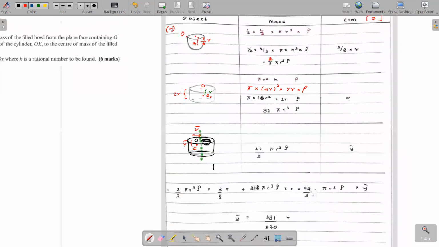All right, guys. So this is sigma mi yi equals total mass into y bar. So minus 2 over 3 pi r cubed. The reason for the minus here is because we are removing this hemisphere. Guys, you can change the order. Over here we have changed the order. You can first write the cylinder and then subtract the hemisphere, or else, as I have, first write the subtraction of the hemisphere multiplied by its center of mass, plus the cylinder multiplied by its center of mass, right guys, equals to,